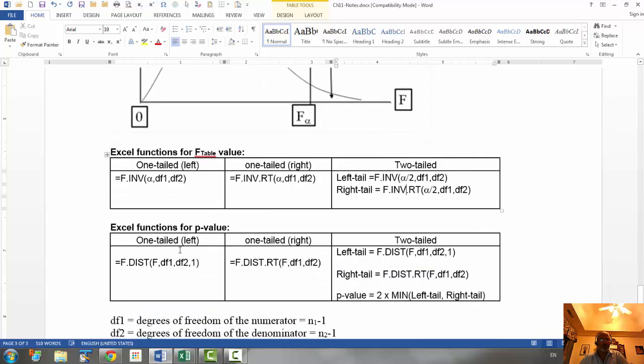Now for the p-value, the Excel function, you use a similar function. Instead of INV, you use DIST. F.DIST for the left side tail, and use the calculated F here. And don't forget the comma, minus 1, in the F.DIST function. And for the right hand side, you use F.DIST.RT. And when you use the RT function, the comma 1 is not necessary. Now for the two-sided test, two-tail test, again you use the left side tail and the right side tail, okay, and take the minimum of the two, like in the chi-square test, and multiply by